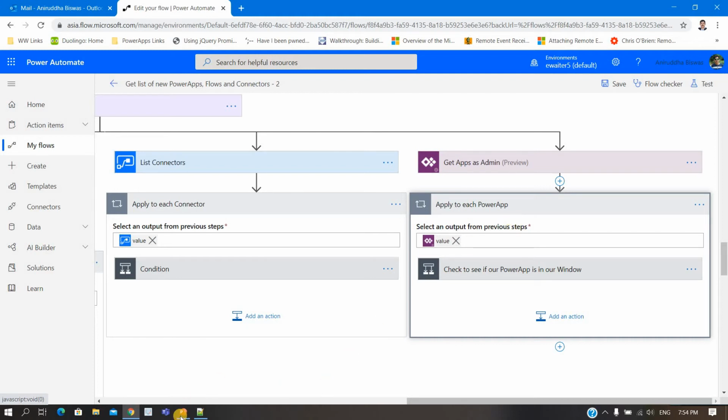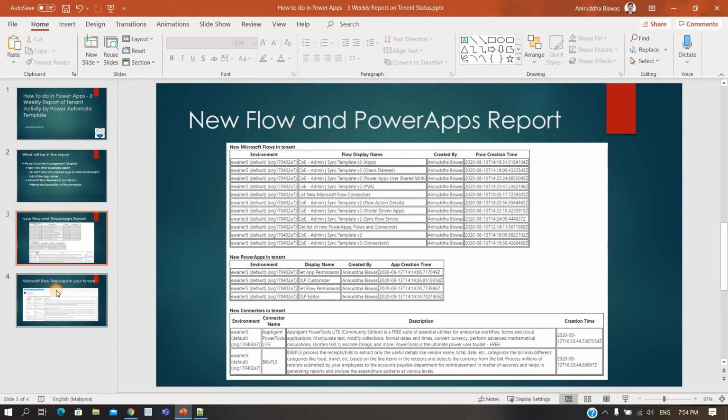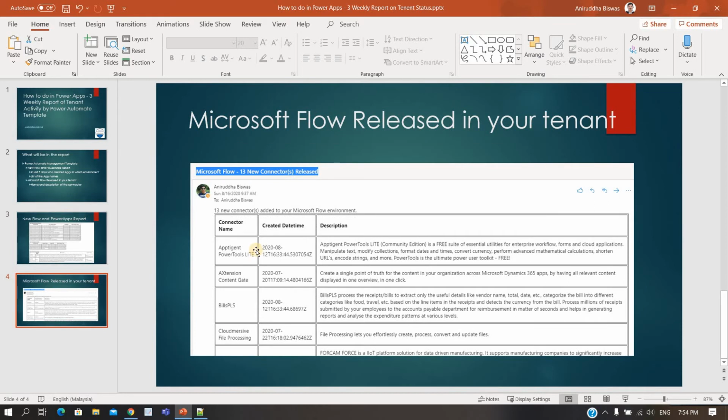Second thing, as I said, from the template it will give you this kind of information. This information is about how Microsoft releases a new connector in all the different domains or tenants. It is not that on one day every tenant will get the update from Microsoft.